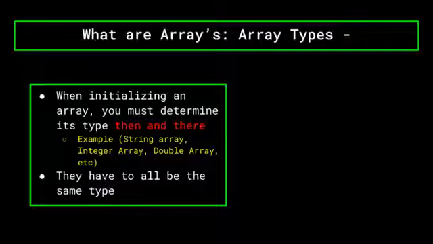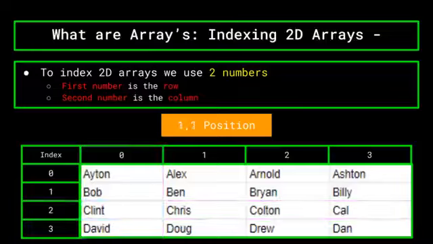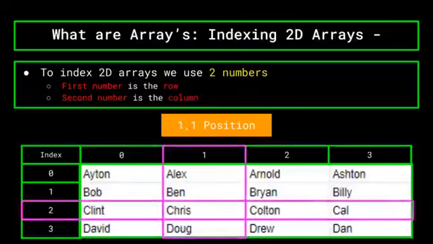So a number in the position 0, 2 would be in the first row, 3 columns down. In this case, the name Clint. A number in the position 1, 1 would be 2 rows down and 2 columns across. In this case, the name Chris. You get the idea. Now you can also make three-dimensional arrays by putting an array inside of an array inside